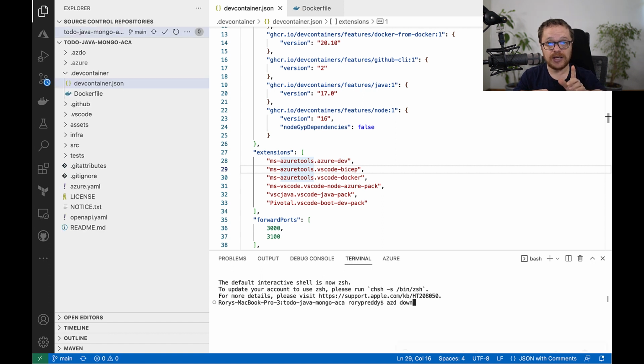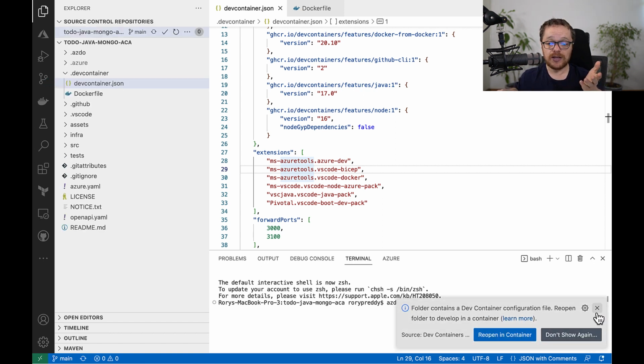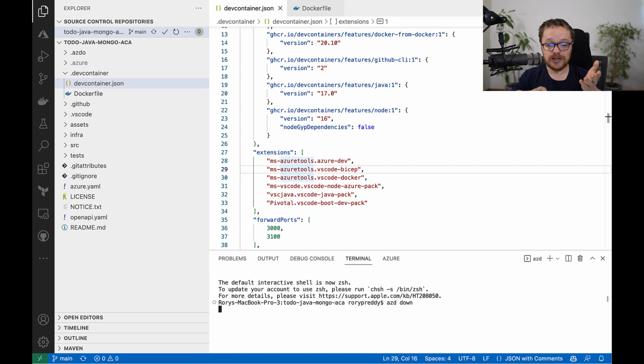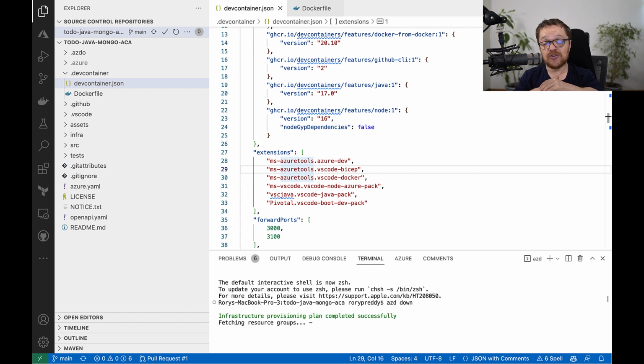Now the minute you do that, it knows all of the resources that you'll want to destroy. So you can just hit enter, and it'll prompt you to say, would you like to remove all of your instances, including the Key Vault, the Azure Container instances, and the database. It's very similar to going into your resource group on Azure and clicking delete all. The only difference here is that it understands all your resources, where they are, the life cycle of those resources, and it's a much cleaner, easier way than having to manage the destruction of